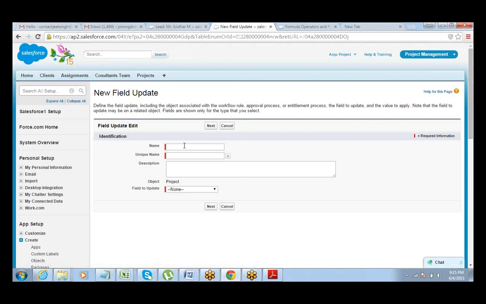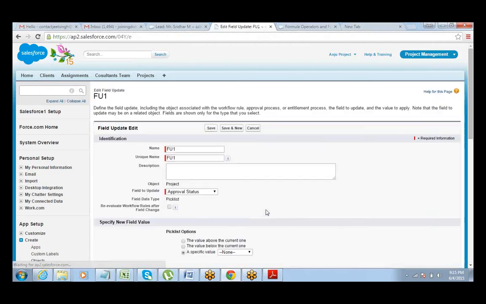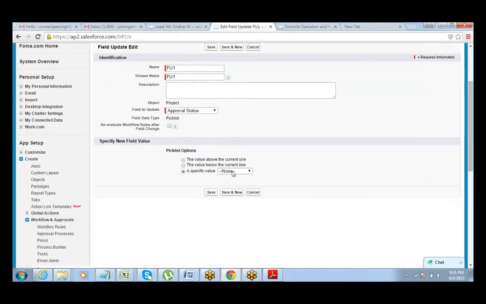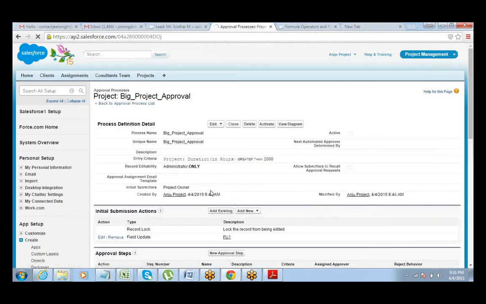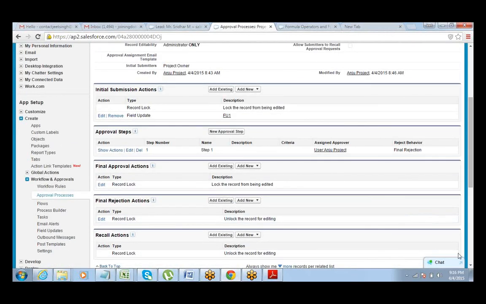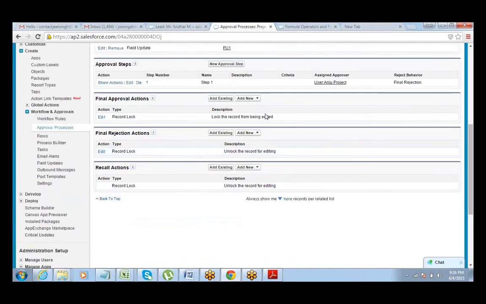Add new field update. Give it any name. Which field we need to update? Approval status. What should be the value of that field? Should get updated to pending. Okay. So submission action is update that field into pending. Final approval action.